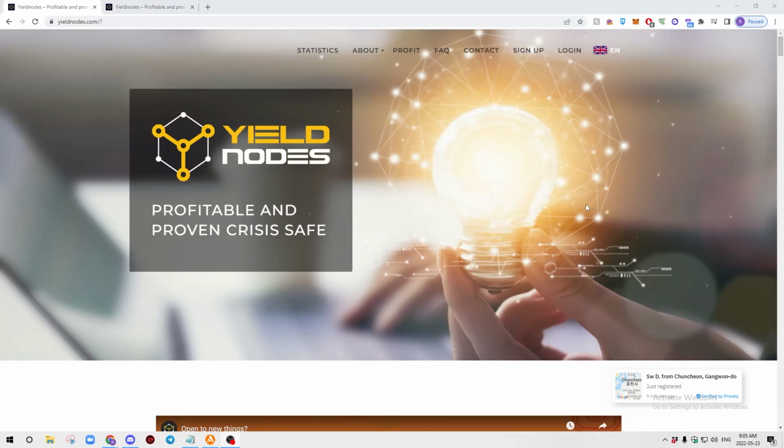Now, I've been using yield nodes for a couple months, and I've known about it since about 2019, and I just never got into it until recently. Kind of my perspective of what yield nodes is: it's something that lets your money work for you, right? It allows you to generate an extra 5 to 10% a month, from seeing my past monthly gains, and it's uncomparable to what the banks are able to provide for you. As we know, the banks give us 0.01%, I don't know, something that small